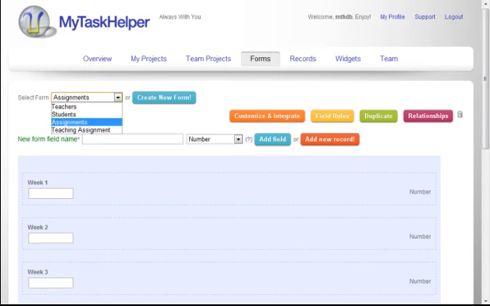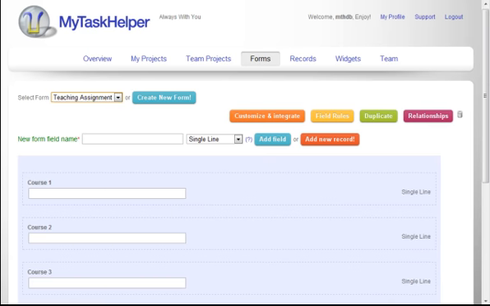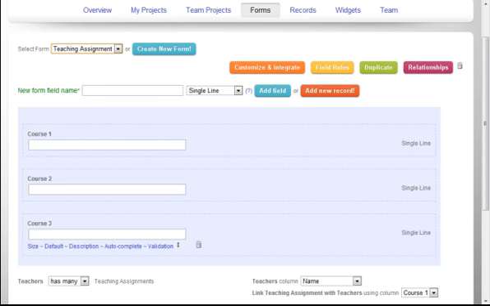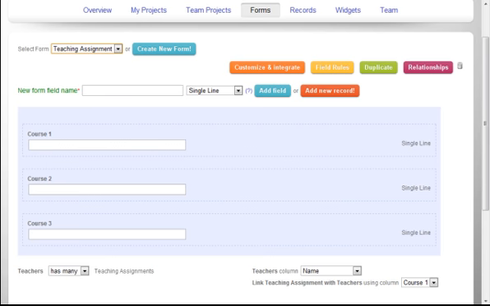And then finally, teaching assignment. I'm tracking which courses are assigned to teachers as assignments. Okay, so now that we've got the various forms that we want to track,